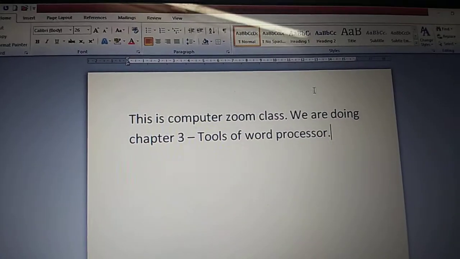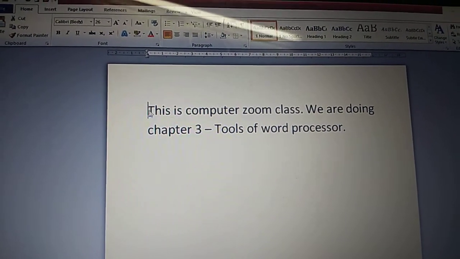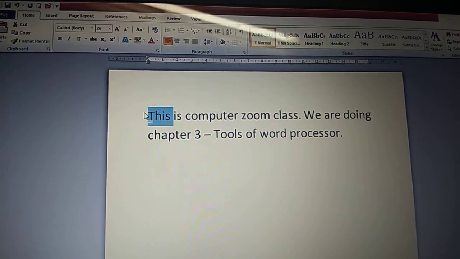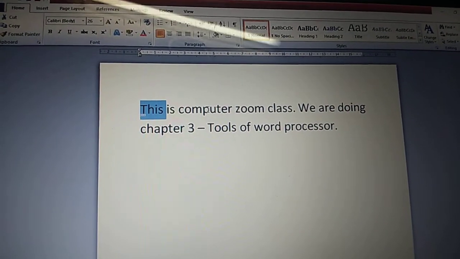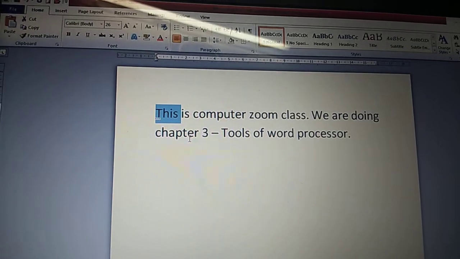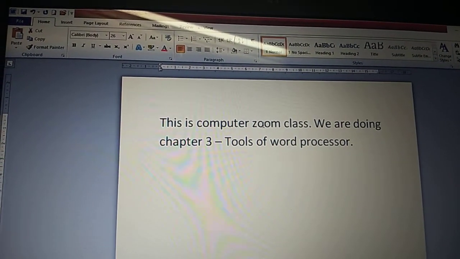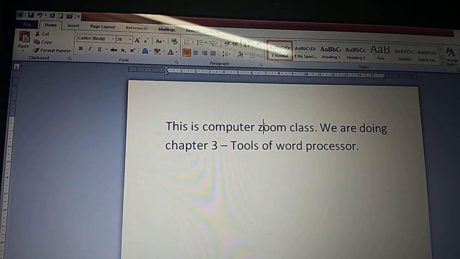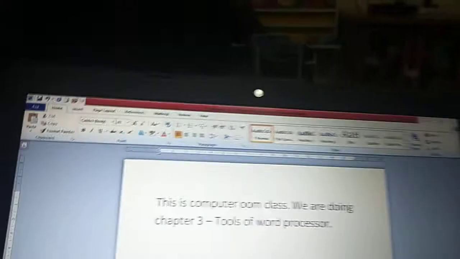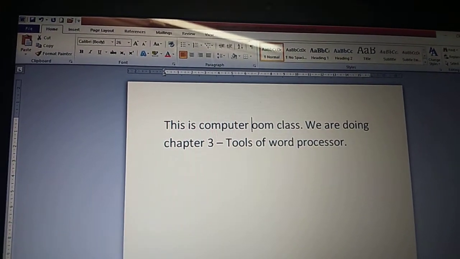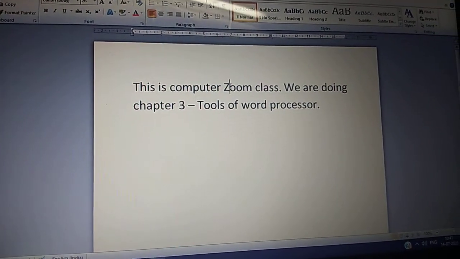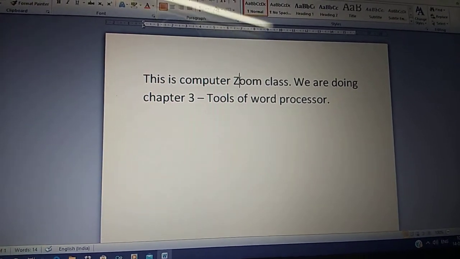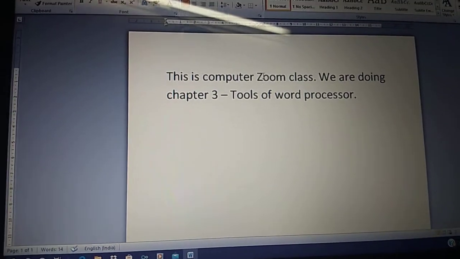First is how to select the text. Just bring your cursor over here and select your text like this, and the selected text will be in the highlighted blue color. And how to make changes in the text. For example, I want to use this Z as capital Z for zoom. Just press the cursor here, use the backspace key from the keyboard for deleting it, and use the right capital Z. So this is making changes in the text of the document which I have already typed, and making changes is called editing.